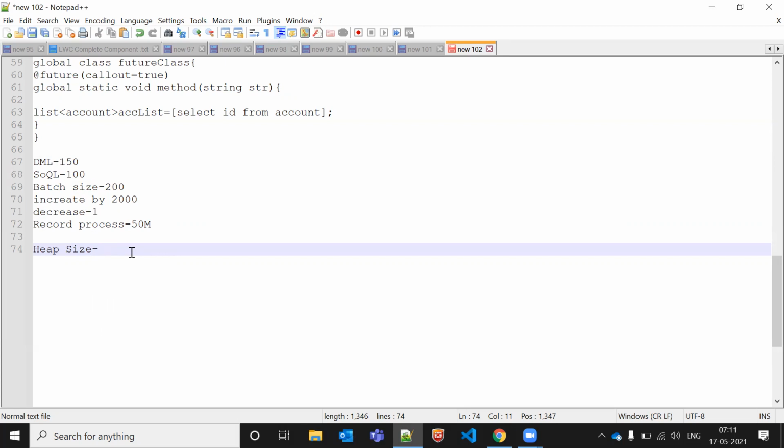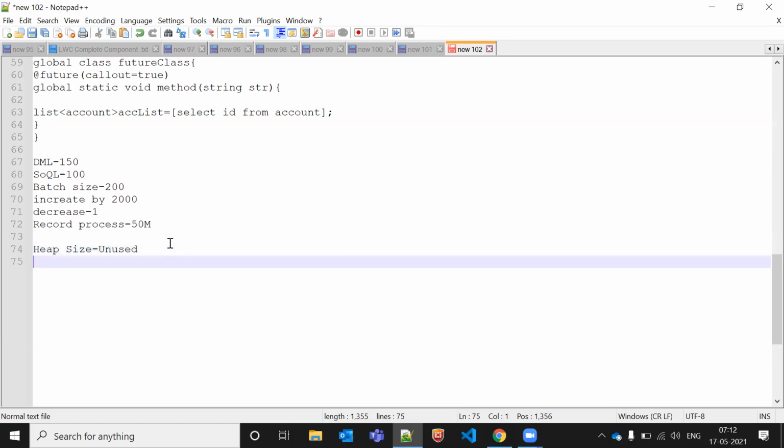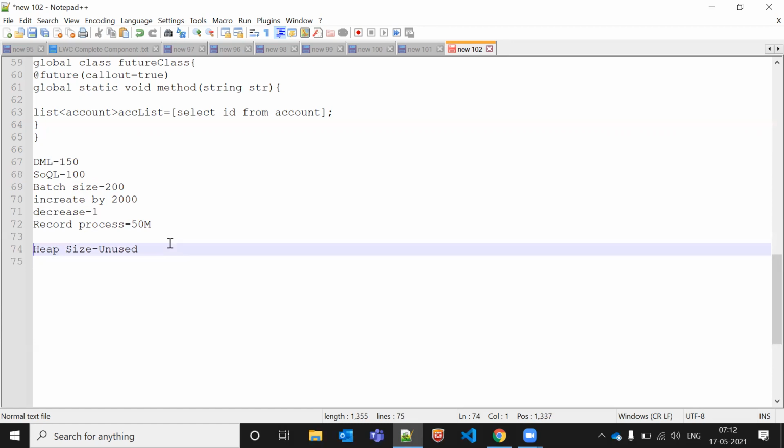It's actually a garbage value, whatever unused data you have, like cache memory that we sometimes store. Generally we get this kind of issue in batch Apex, but it can happen anywhere. If it exceeds a certain limit, then it shows the error message.